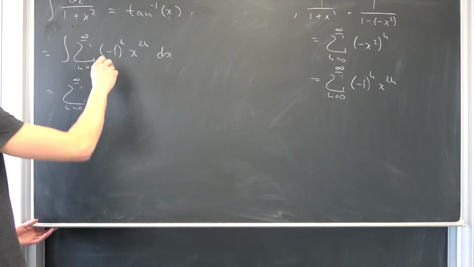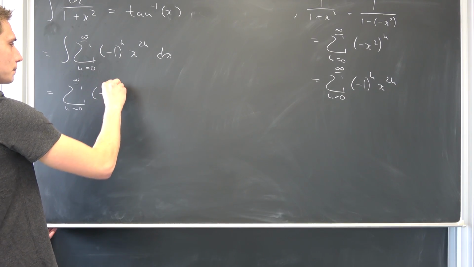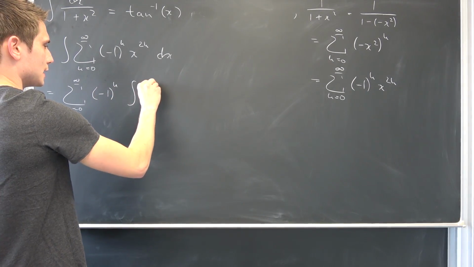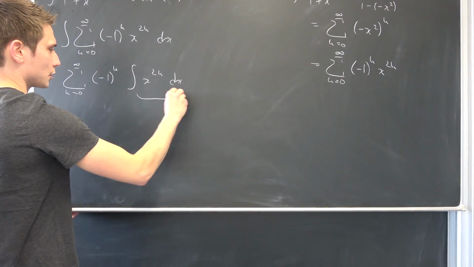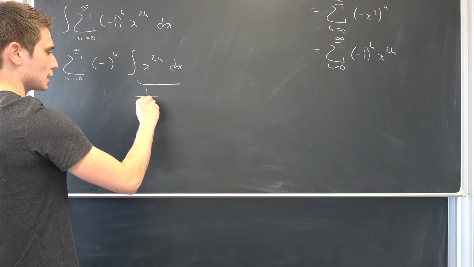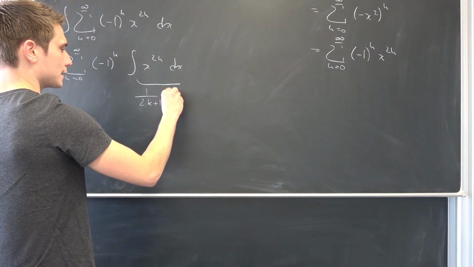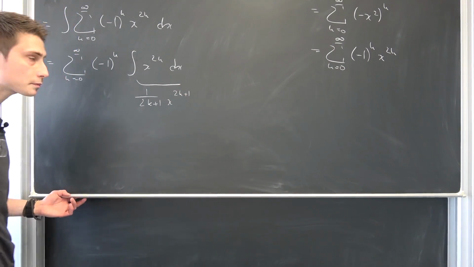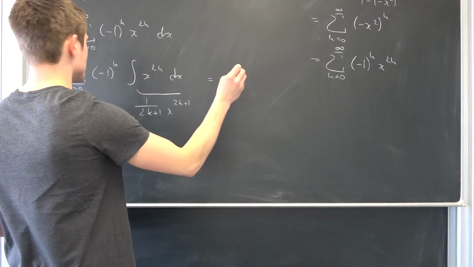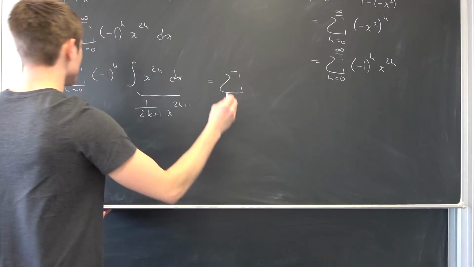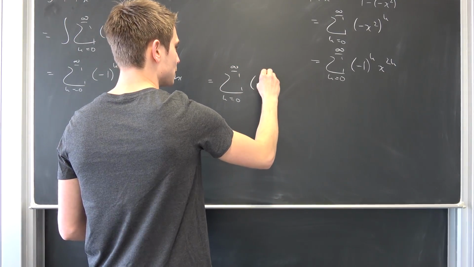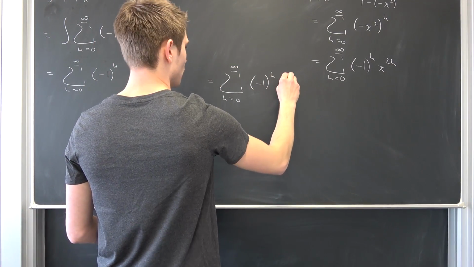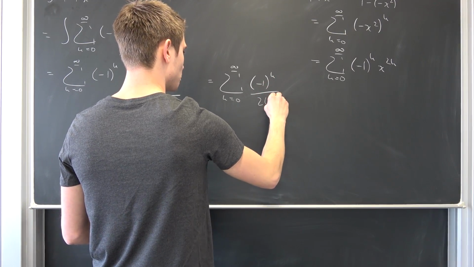Also you can bring this negative 1 to the kth power to the outside, and then we can simply integrate x to the 2kth power with respect to x. Integrating this is really quite easy. This is going to give us 1 over 2k plus 1, x to the 2k plus 1 power. So this is what it is. And this way we have actually derived the Taylor series expansion for our, let me write this out real quick,